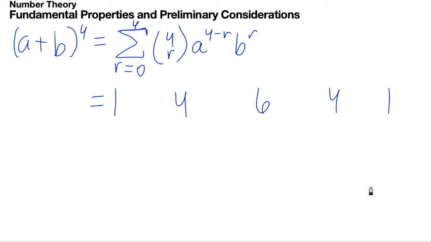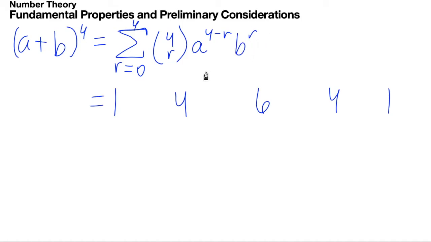So we're done in this part, the coefficients part. What we're going to do now is for the variables, this a and this b. And then we'll start with a raised to 4,